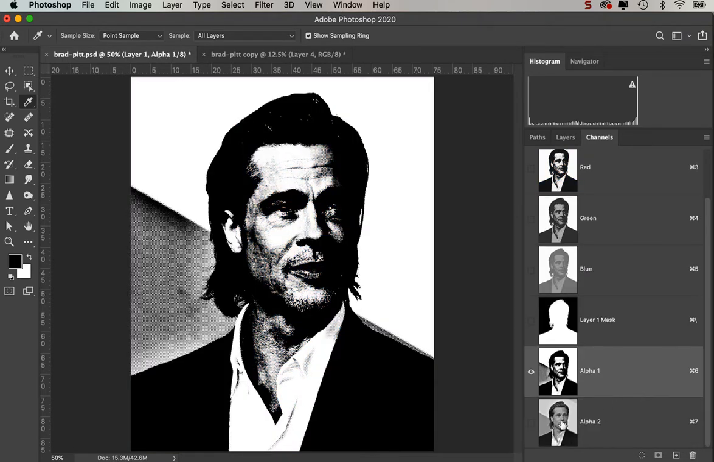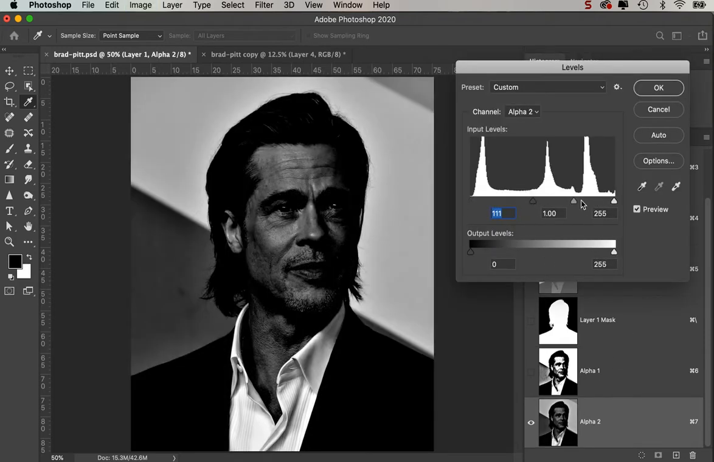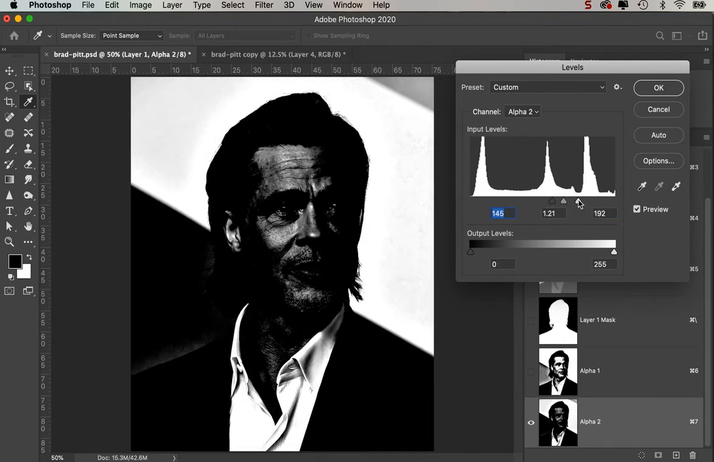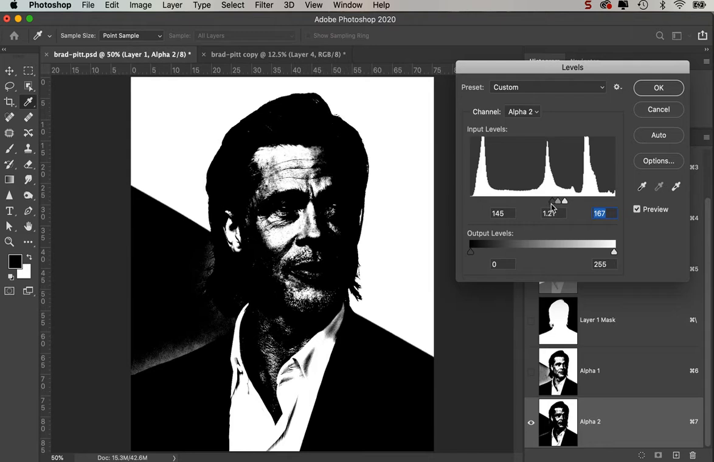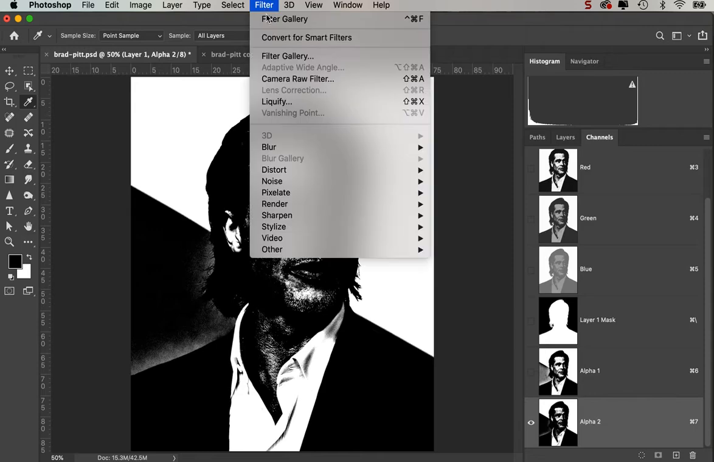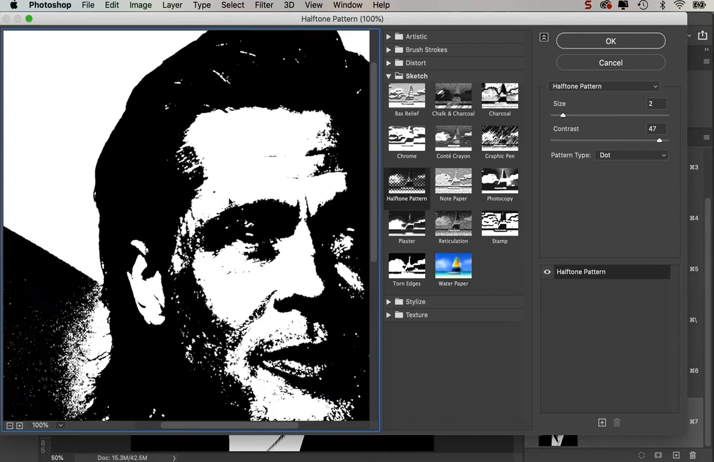So now with the channels, I can come to our second alpha channel, and this one I'm going to try and get these highlights, so the white bits through there. I'll go OK, and back up to the filter, filter gallery, back here, and this one, well now see, and